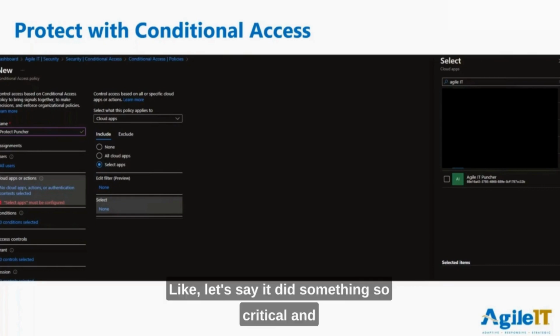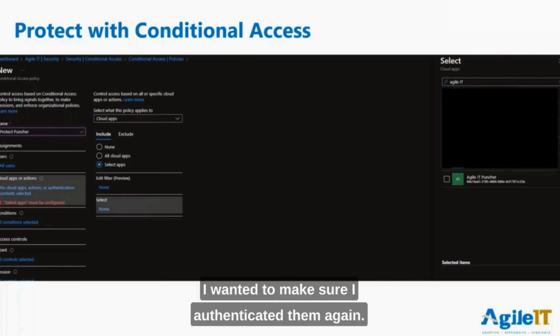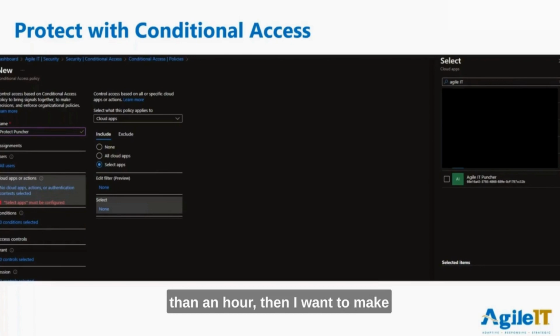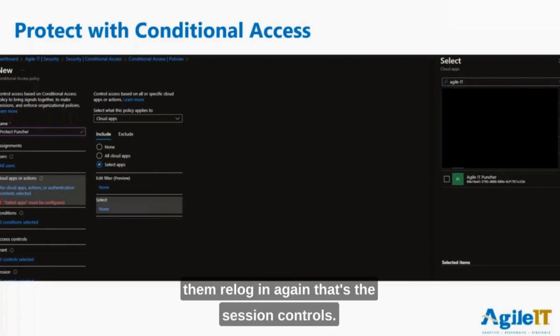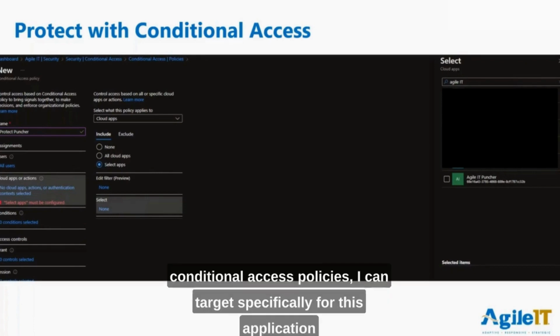Like, let's say it did something so critical, and I wanted to make sure I authenticated them again. If they walked away from the machine more than an hour, then I want to make them re-log in again. That's the session controls. So here inside of conditional access, you can actually get through this on the enterprise view as well. But if you went through this way, Azure AD, security, conditional access policies, I can target specifically for